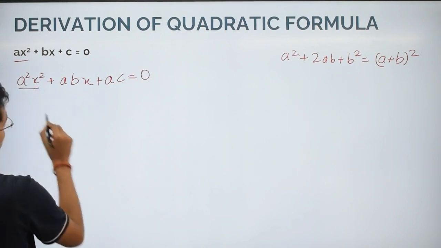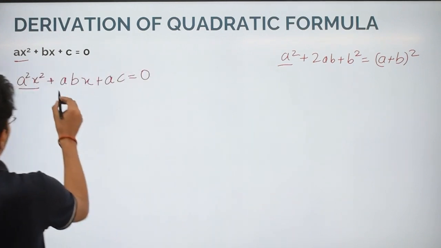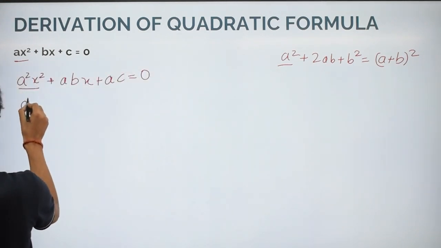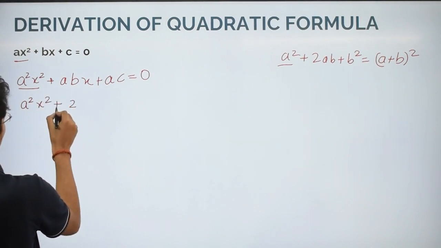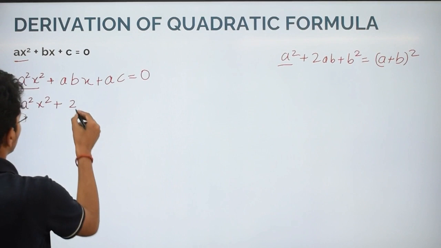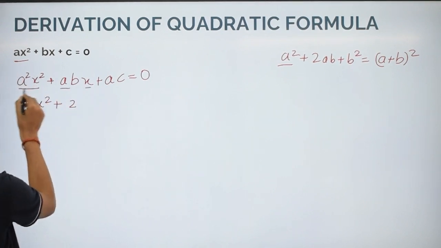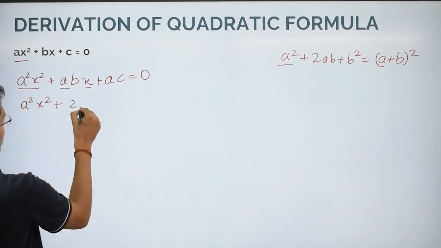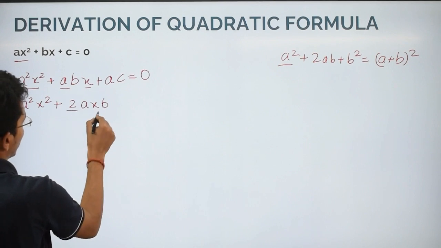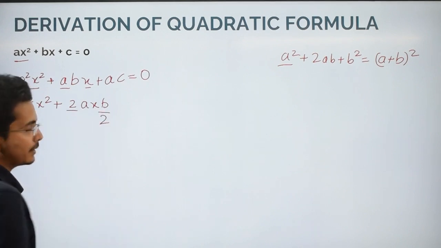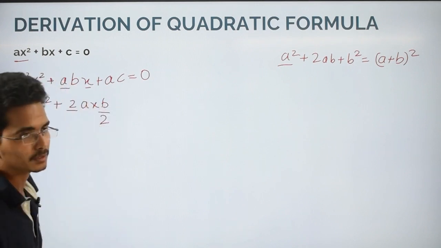So now it has become a perfect square. The first term has been squared. Now we have to form 2ab. As you can see, 2 is needed here, so we will multiply by 2. Since we cannot just multiply, we also have to divide by 2. I am writing ax first, because ax whole square is there, and then I am writing b. Since we have multiplied by 2, we have to divide by 2 also, because the 2 will cancel out. It is only abx.